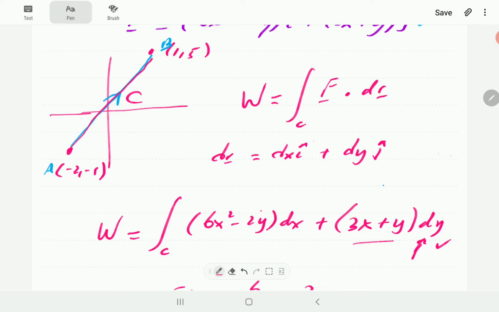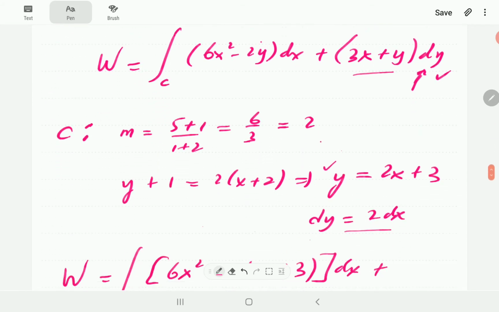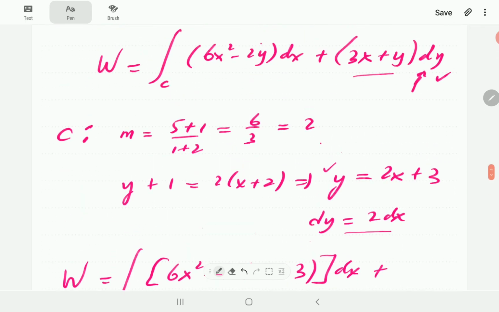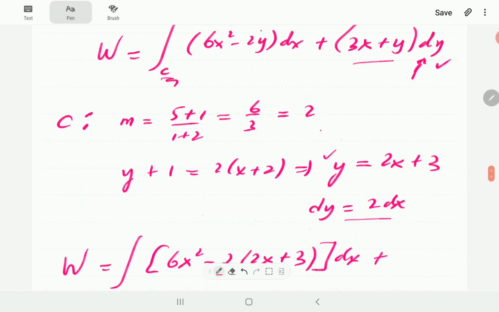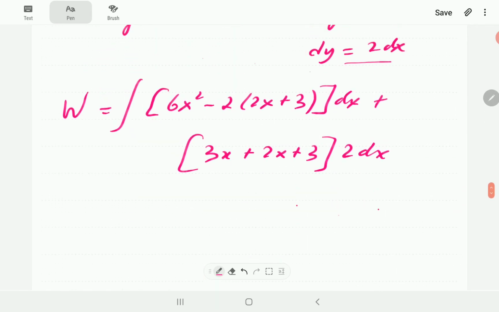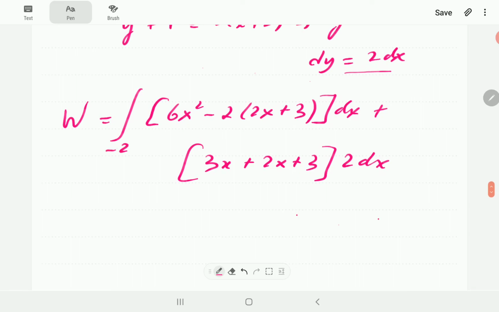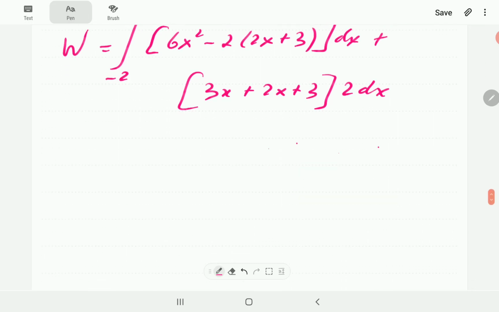At the beginning, x is -2. At the end, x is 1. So that means instead of just writing c there, we can write this is going from -2 to 1. And so this is now just a regular